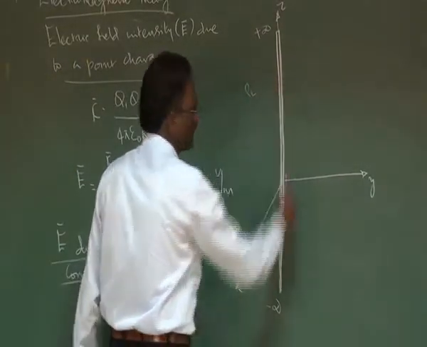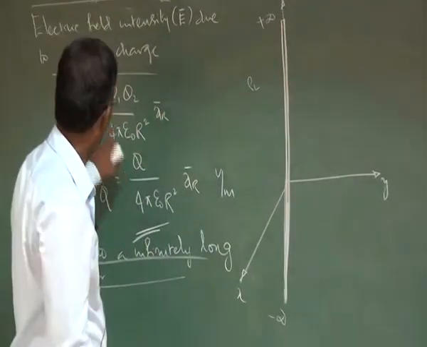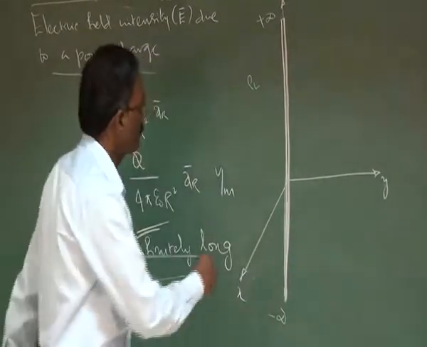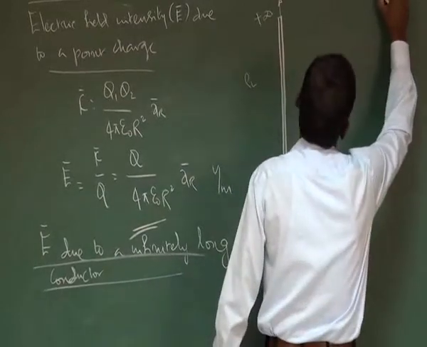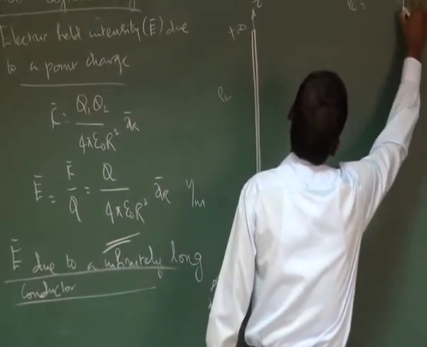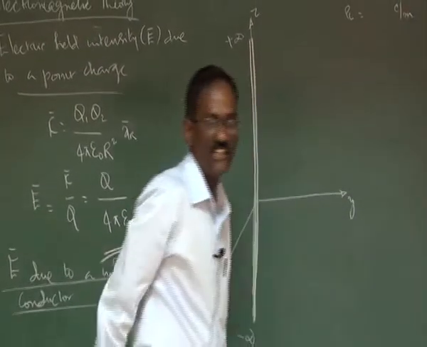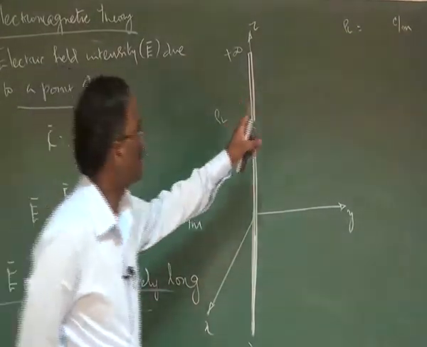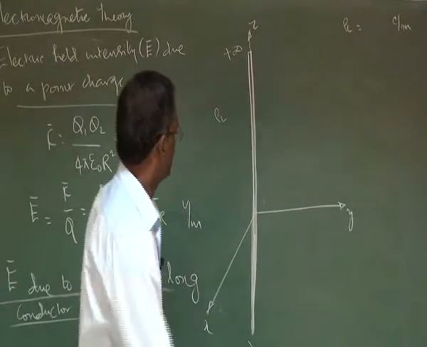The charge I will write as rho L, because for a point charge its unit is coulomb only, whereas here it is a line charge, so it should be written as rho L equal to some coulomb per meter. Look at the unit, it is coulomb per meter, right? Rho L is called line charge density, right?